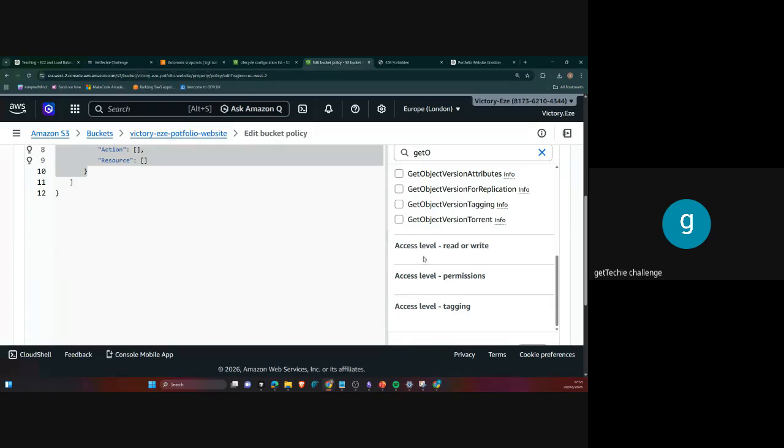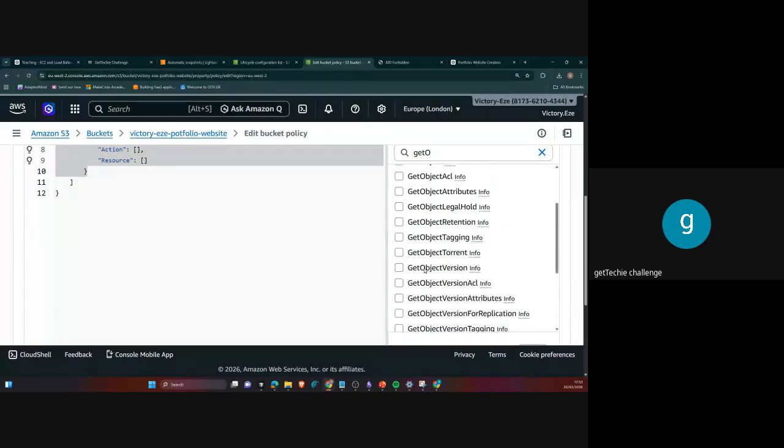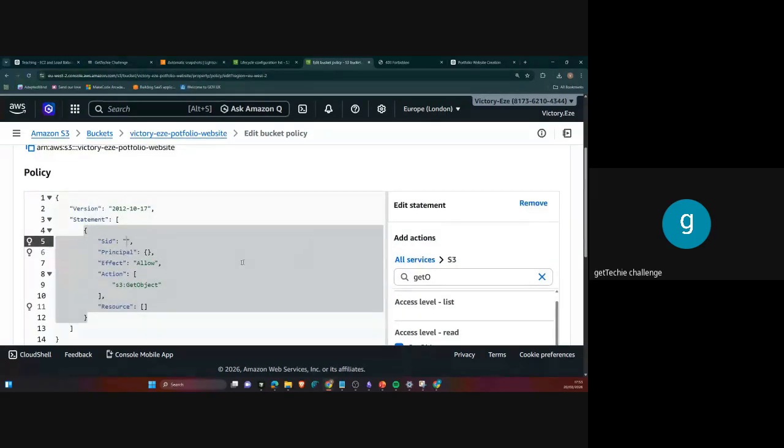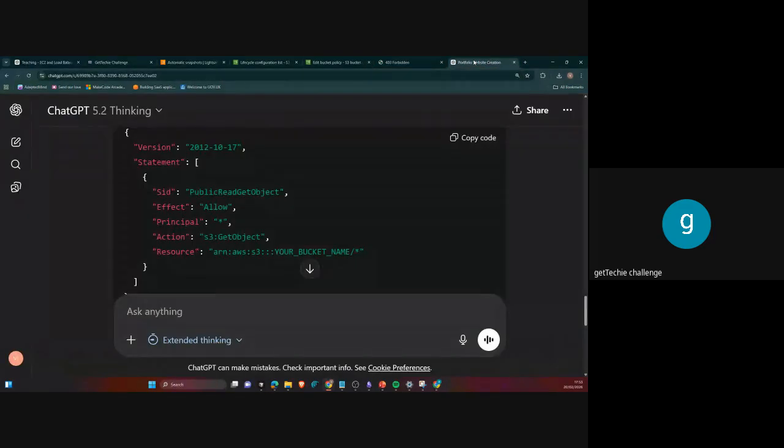Yeah, we want get object. So we want it to be a get object. You know what? Let's just go to the option, S3 get objects. This public read is not true.